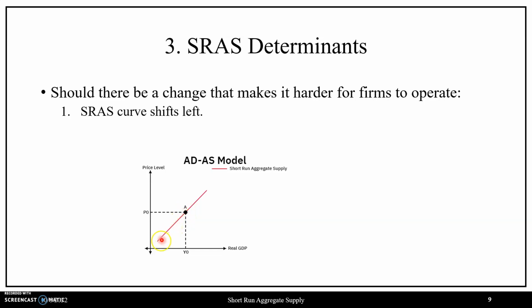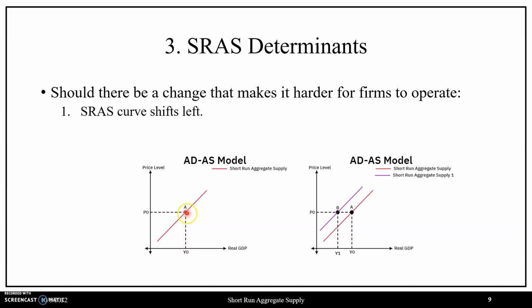in that if we start our initial graphic at the short-run aggregate supply curve in red at point A with a price level P naught and at a quantity level of Y naught in terms of real GDP, with increased expectations on inflation and wanting to take advantage of that when it occurs, they will restrict their supply, in which we'll see a leftward shift in the short-run aggregate supply curve from short-run aggregate supply in red to short-run aggregate supply 1 in purple, where at all price levels, firms would be willing and able to supply less,